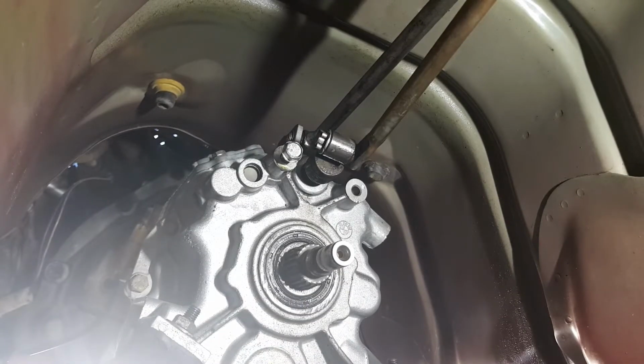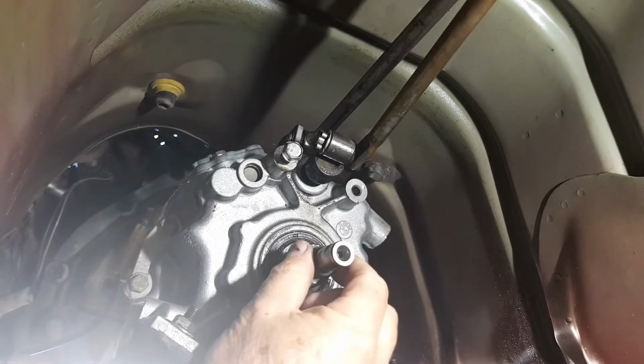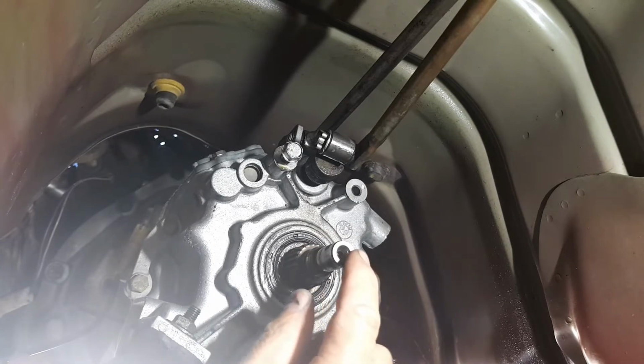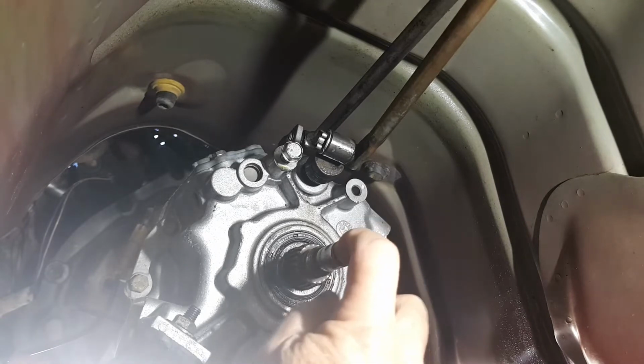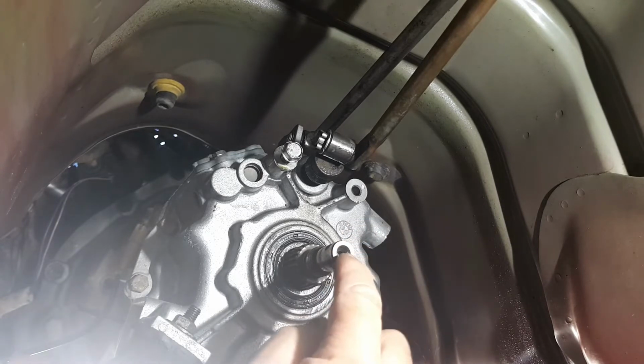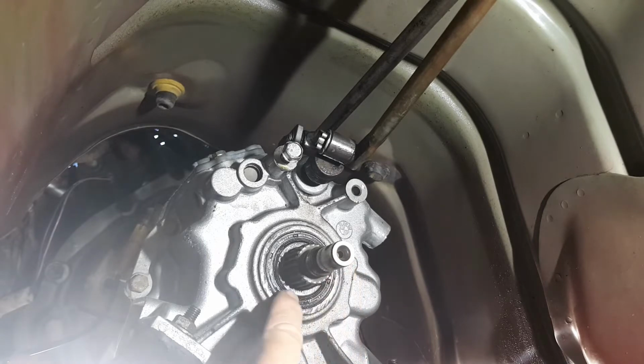It's very hard to position all this, get the right light. Like I said, I've only got a tall tripod. You see the way the output shaft is? It's very easy there. See that? It's very easy to get a puller in there. So a 3-prong puller I reckon is the best bet. The way this seal is, I'm just gonna...